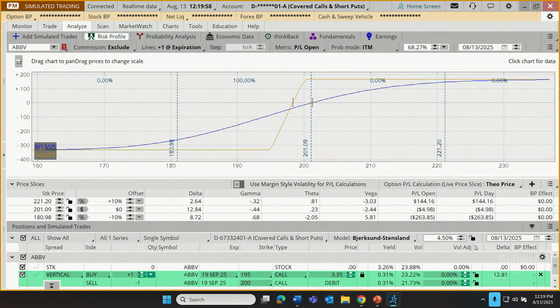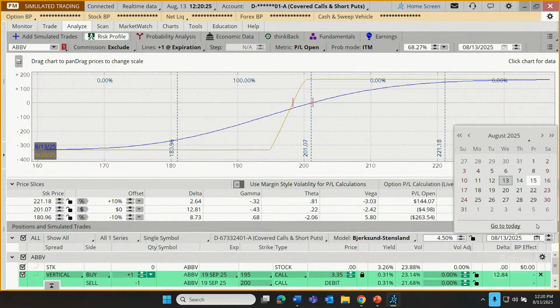All right, but let's start to change some of our variables. We have our default variables here, which is just basically expiration and current date. But what if I wanted to see how a trade is likely doing if, let's say, a week has gone by? So let's take this from August 13th. You can use the plus or minus to go back or forward in time. We could also click on the little calendar to choose a specific date. So we can come here and choose the 20th.